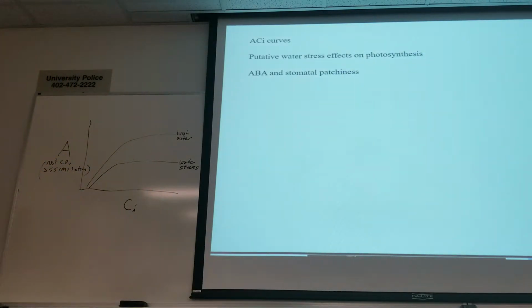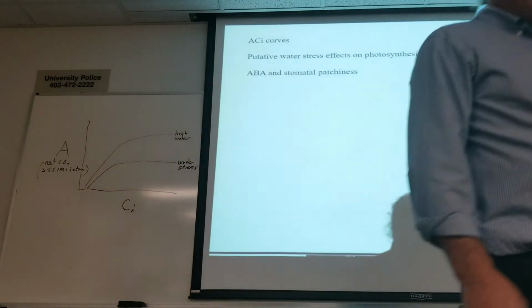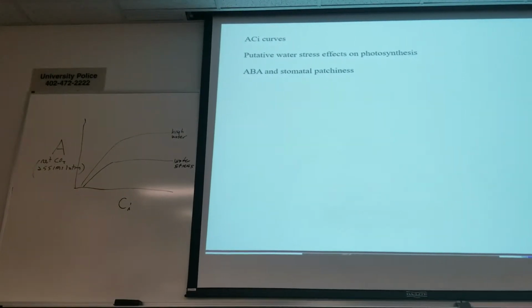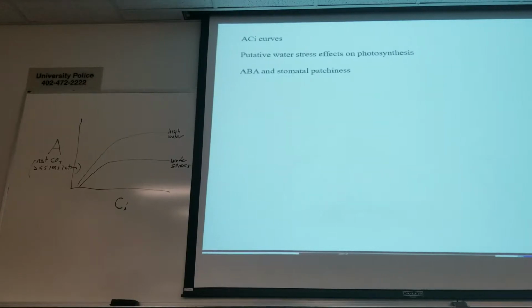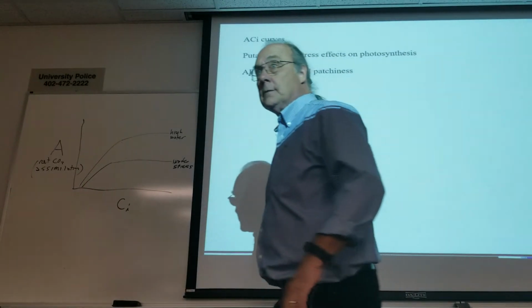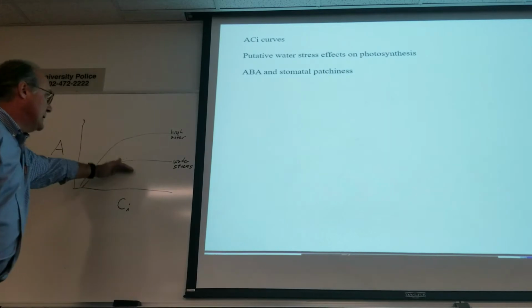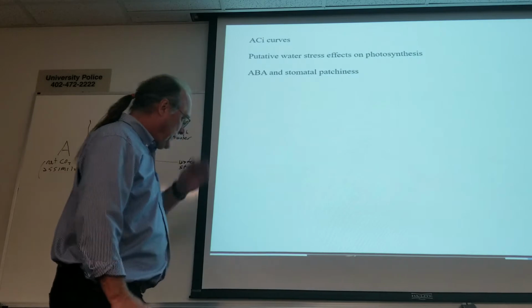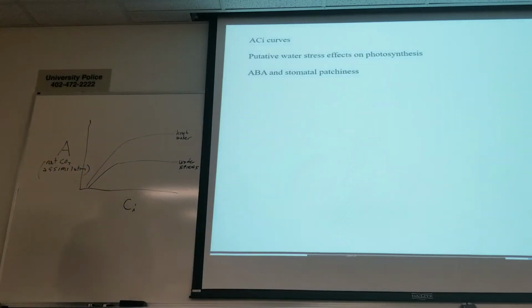Turns out that's not true. Turns out water stress affects photosynthesis, but the effects of water stress on photosynthesis can be totally explained by the effects of water stress on stomatal conductance. There's no separate influence on the process of photosynthesis itself that water stress causes. Well, then why do you see this change in the A-CI curve? Well, puzzling, until people started to realize